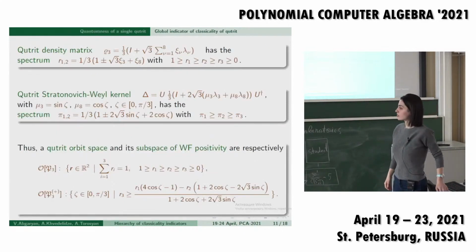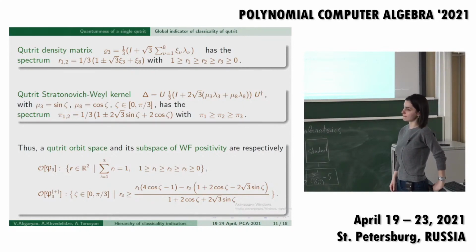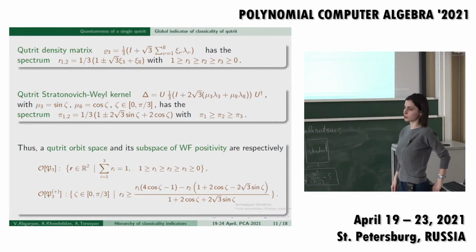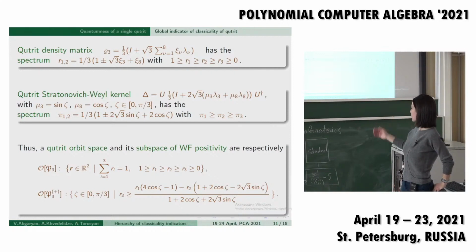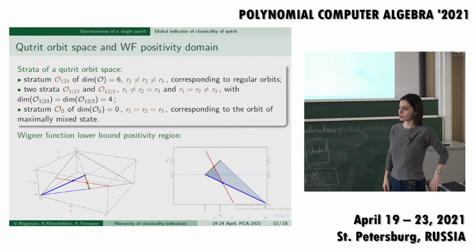I will exemplify that theory by considering a three-level system, a qutrit, the density matrix of which is presented on the slide, and the kernel is also presented on the slide. So we could define the orbit space of a qutrit and its subspace of positive Wigner function in this way. And so for a qutrit there are